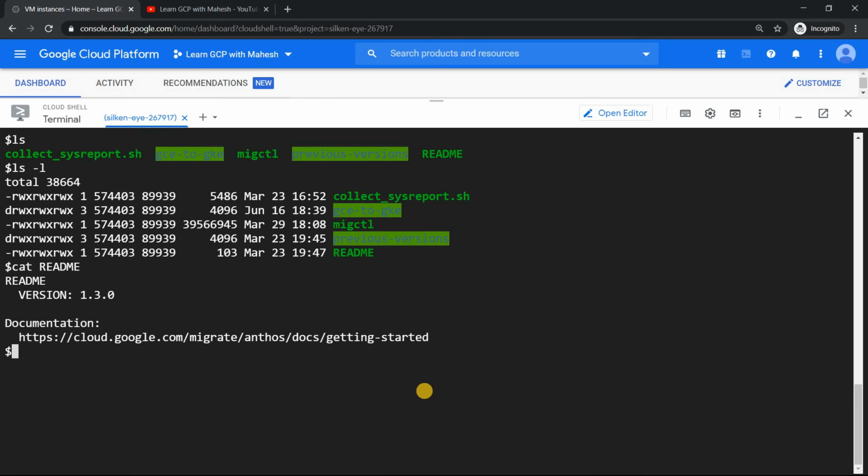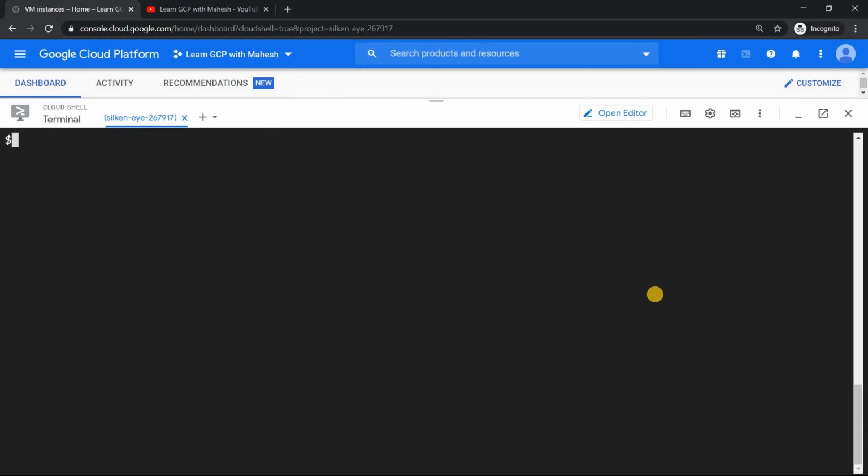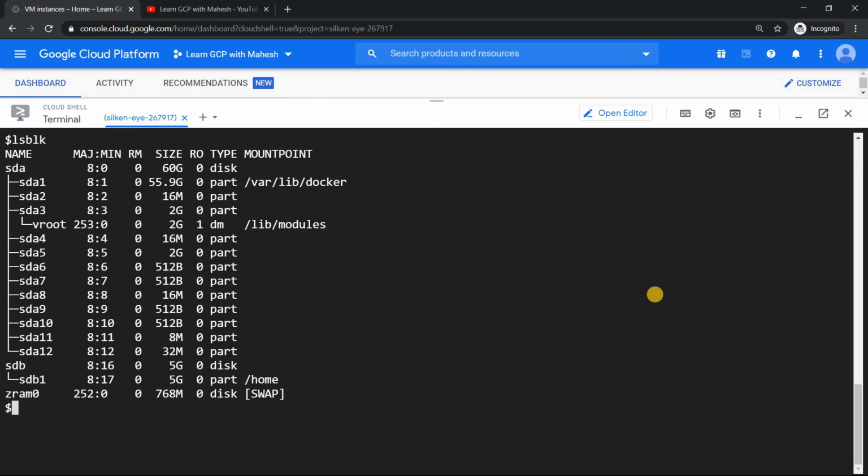And just for your information, if you're seeing this video for the first time, Cloud Shell is totally free of cost. Google gives it to you free of cost and it is attached to your ID, the ID which you use. It's not attached to any Google project. It's attached to your email account. And it's not only that, they also provide you 5 GB of persistent disk. So whatever you keep in /home will always be persisted. That's a cool feature, I would say. Benefits on top of benefits. It's already free, and the machine type itself is also free. It's G1 small, so lots of freebies, I would say.